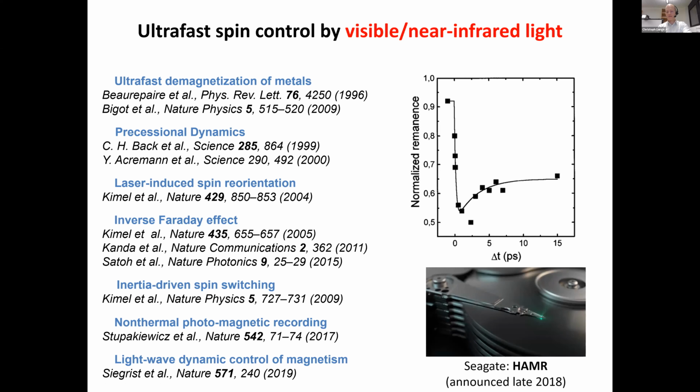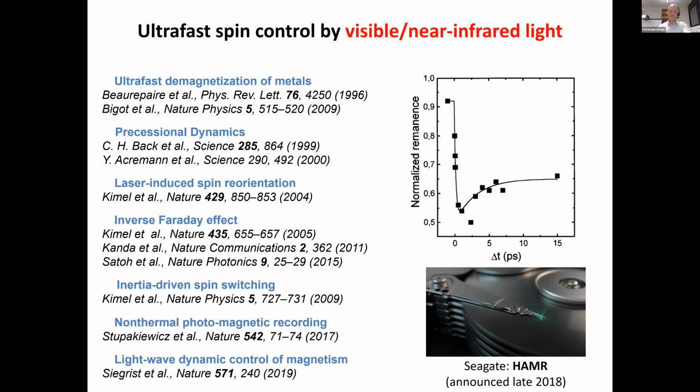Even industry has caught up. Just a few years ago, Seagate announced heat-assisted magnetic recording, which is in a way an implementation of the findings of Beaurepaire and Bigot, by which a laser weakens the magnetic order on the hard drive before it is being written to by a conventional